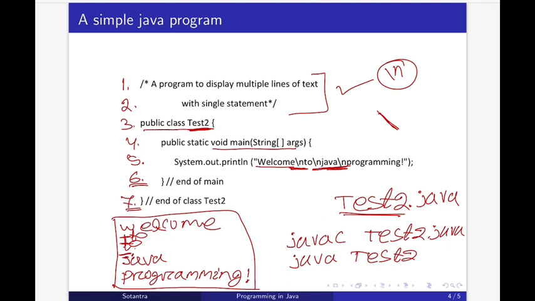Some other escape sequences in Java are like this, that I am going to write here. Okay, so another escape sequence is \t. It means a tab, or it is used to move the cursor to the next tab.